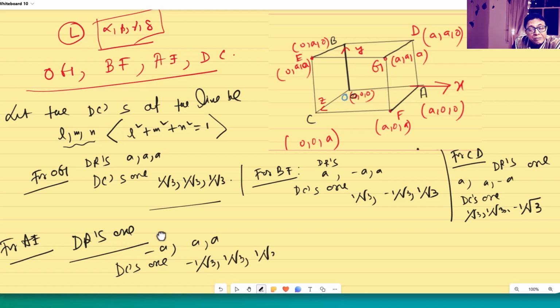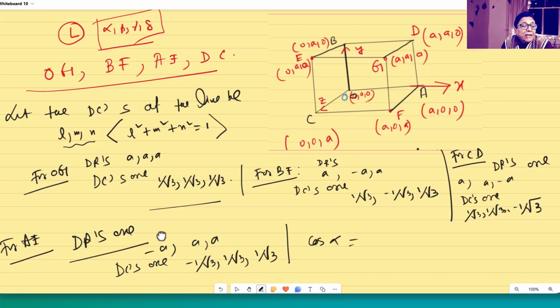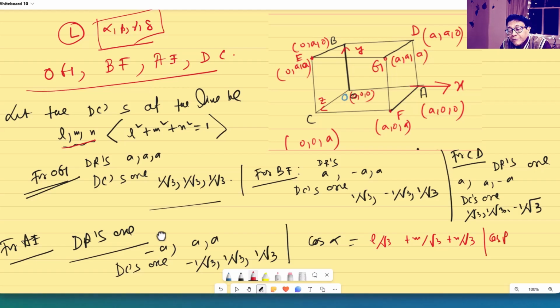Now you write cos alpha. Alpha is the angle made by it with OG. Then how can you write cos alpha? For this cos alpha element we have taken the direction cosines. So L by root 3, L1, L2, M1, M2, N1, N2. Understood? Cos beta, the angle made by the line with BF, this is going to be